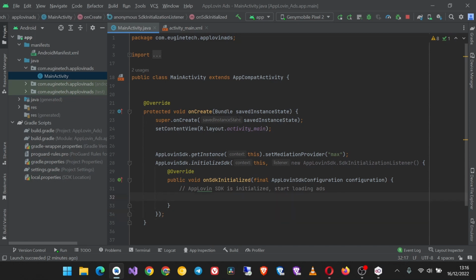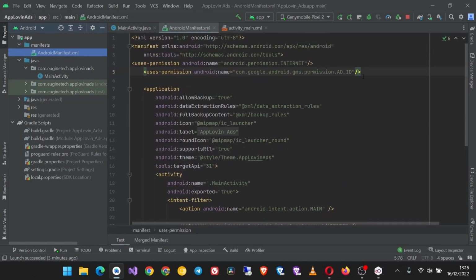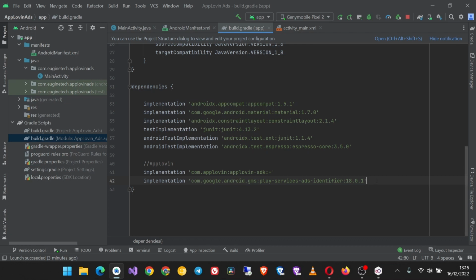So we are continuing with our app that we have been using in the previous videos. Then go to your manifest and make sure you have added the ad ID permission and the internet permission. Also in your Gradle, make sure you have added this dependency of the ads identifier. Once that is ready,